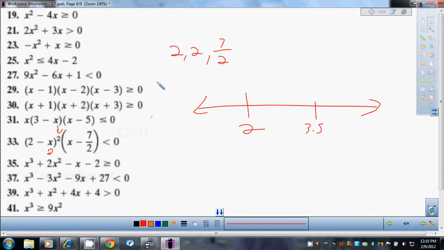What's an easy number to plug into this? 0 is always good. 2 minus 0 is 2. 2 squared is 4. 0 minus this is negative 3 halves. So that'll give you a negative 3 1/2. Positive times negative is negative. Is negative less than 0? Yes. What did I plug in? 0. So I know these are going to be the same, and that this one has to be different. So I can immediately conclude that